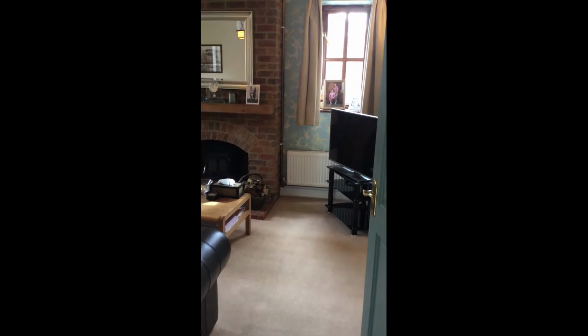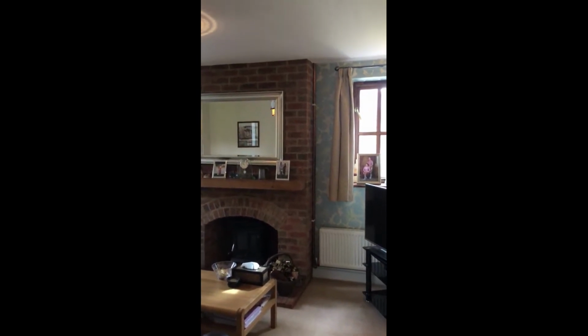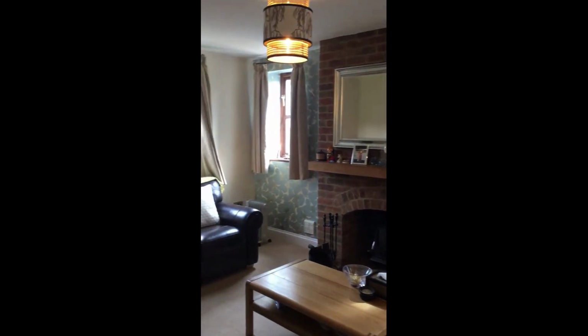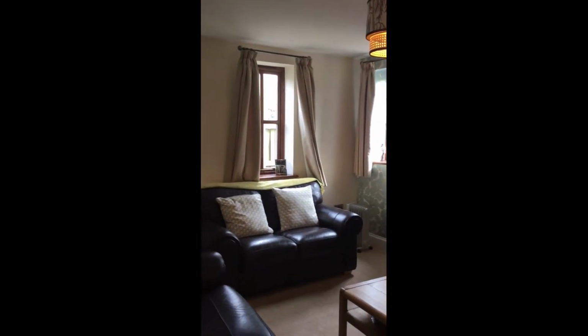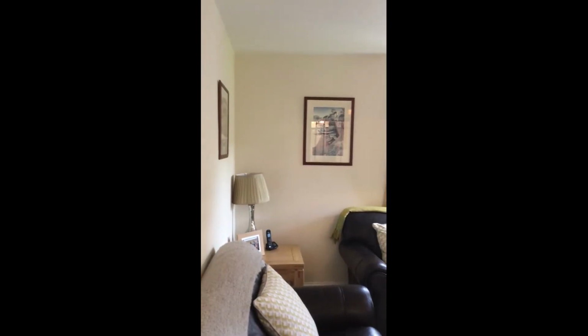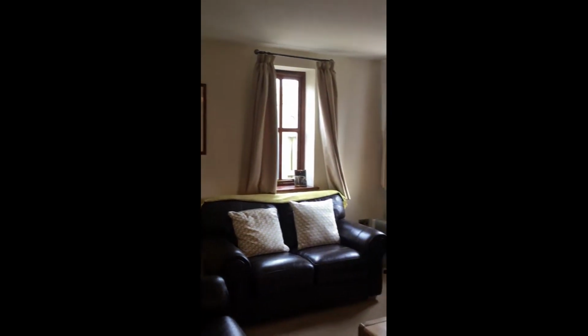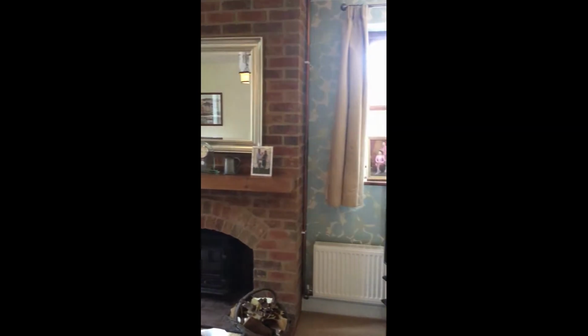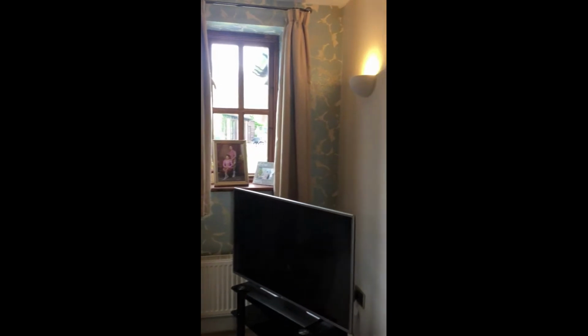We'll come through and take a little look at the lounge area now, and of course the first thing you notice is that really lovely wood burning stove in the fireplace there. It's a real focal point to the room, it adds a lot of character, and it makes this room a wonderful, cosy and enclosed space, especially in those winter months when it gets a bit colder outside. You've got the fire on in here. It's a really, really lovely space. And of course, just through these French doors here, you've got the dining room, which we'll go through and take